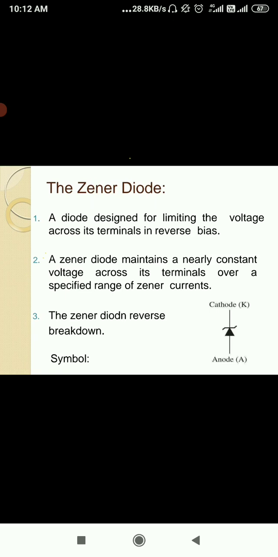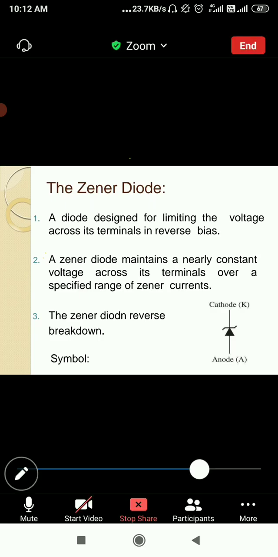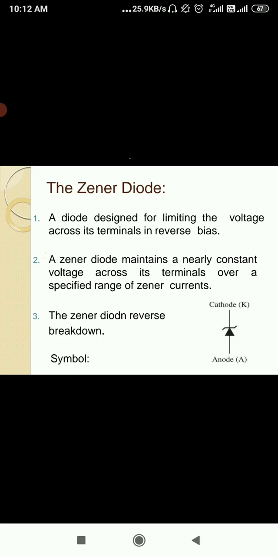due to which we are saying the best application of a Zener diode is, which application? क्या रहेगा इसका बेस्ट एप्लीकेशन Zener डायोड का? वोल्टेज रेगुलेटर. See here what I am saying. If you give reverse biasing to the Zener diode, how will we give reverse biasing? You are supposed to give the negative terminal of a battery to the anode. ये जो anode है उसको negative connect करना है.